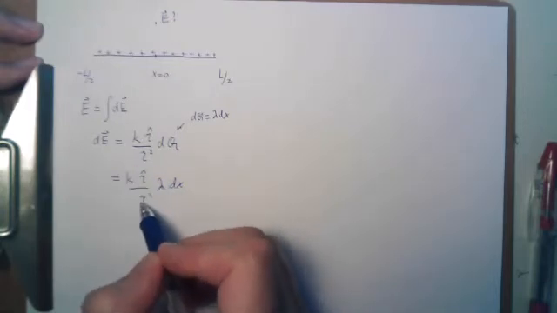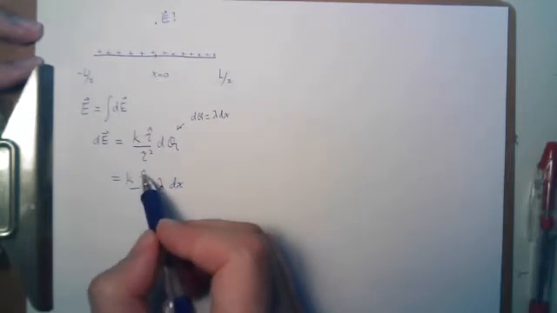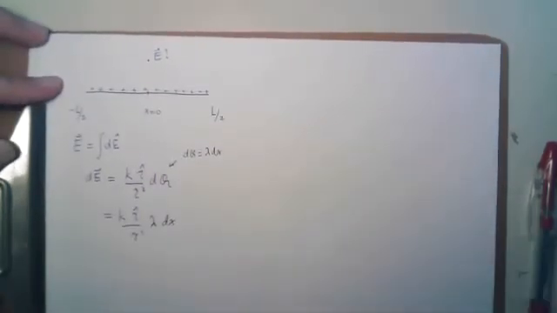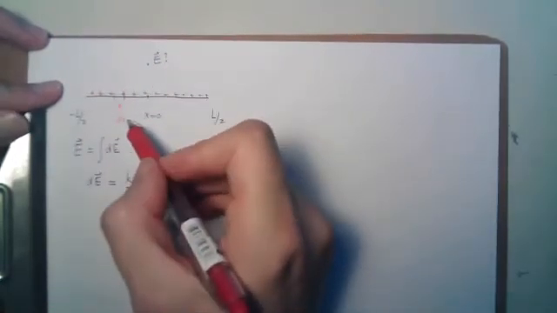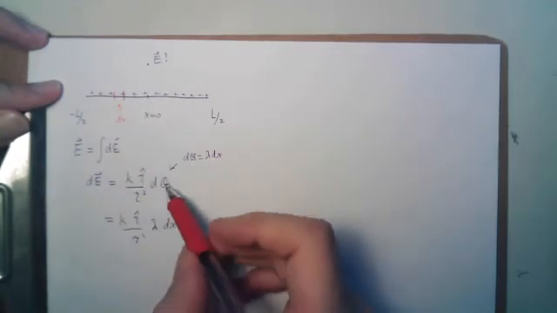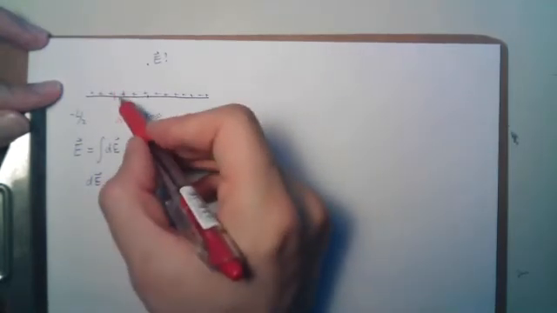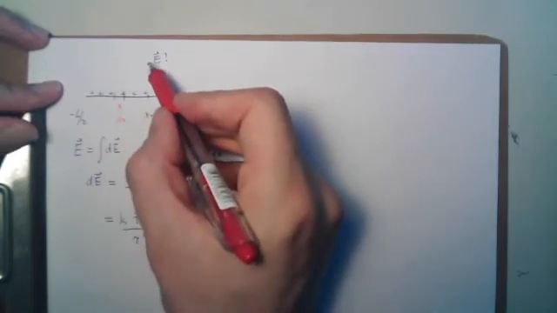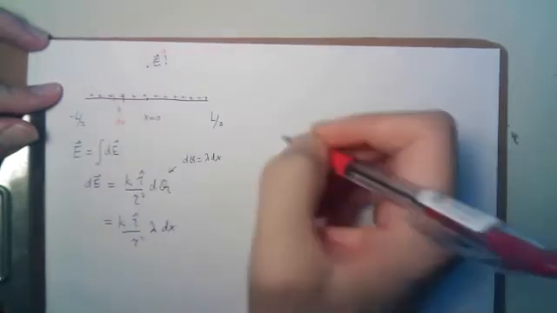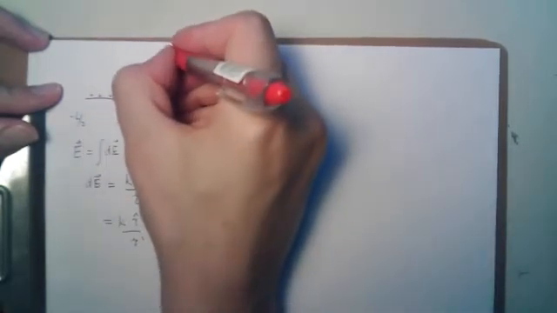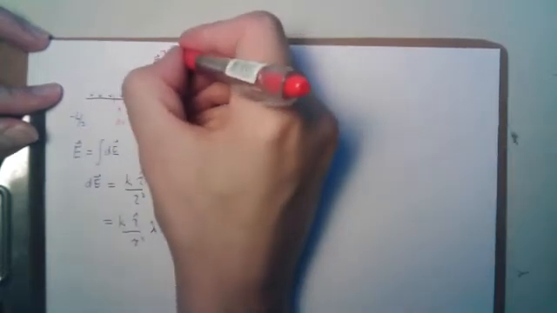Now this is where it becomes tricky. This is where we need to put in details not only for this r squared, but also for this r vector. Because, let me draw that for you. Some kind of a segment here under consideration, we're going to call this dx. This dx is going to give an infinitesimal charge dq, and that thing is going to generate an electric field at this point in a direction that is joining this point under consideration and the other point under consideration. So this vector dE